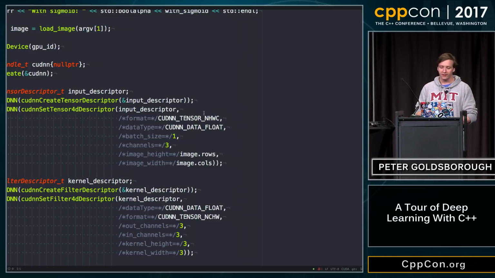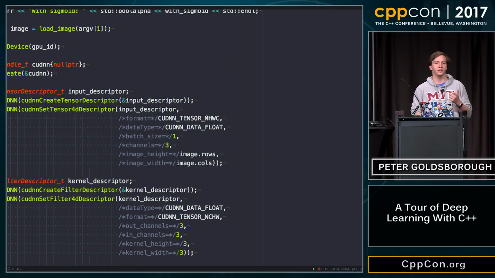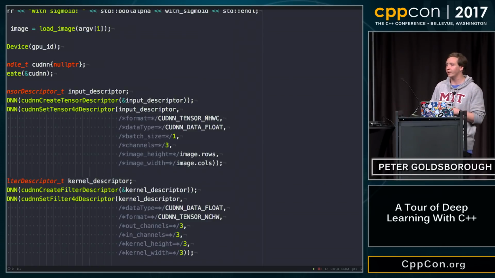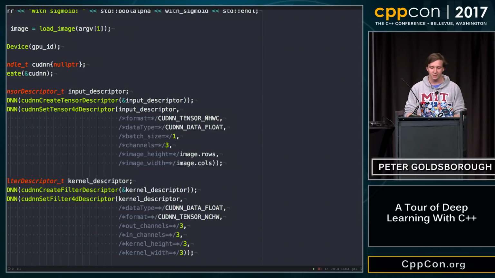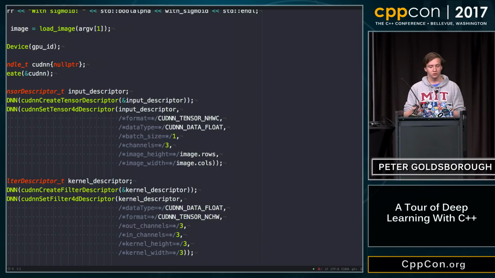And what we also specify here is the layout. And that's actually one of the great things about cuDNN, because different frameworks like TensorFlow or other frameworks will have different ways in which they like to lay out their tensors in memory. And cuDNN has quite a lot of support for different kinds of layouts. So for example, in this case, the n would be the images, then we would have the height and the width, and then finally we would have the channels, whereas other libraries might prefer this one down here, which is first the images, and then the channels, and then the height and the width. So switching that around. So cuDNN has support for that.